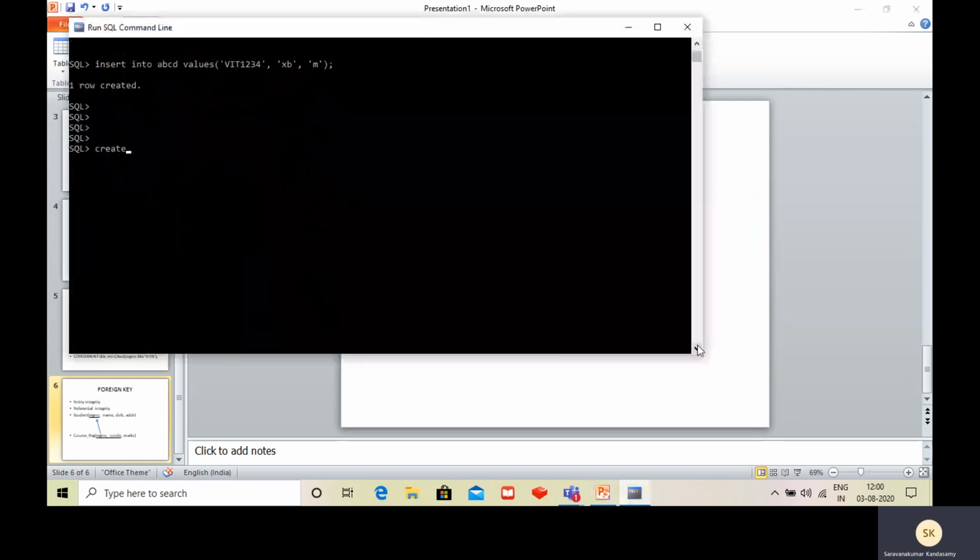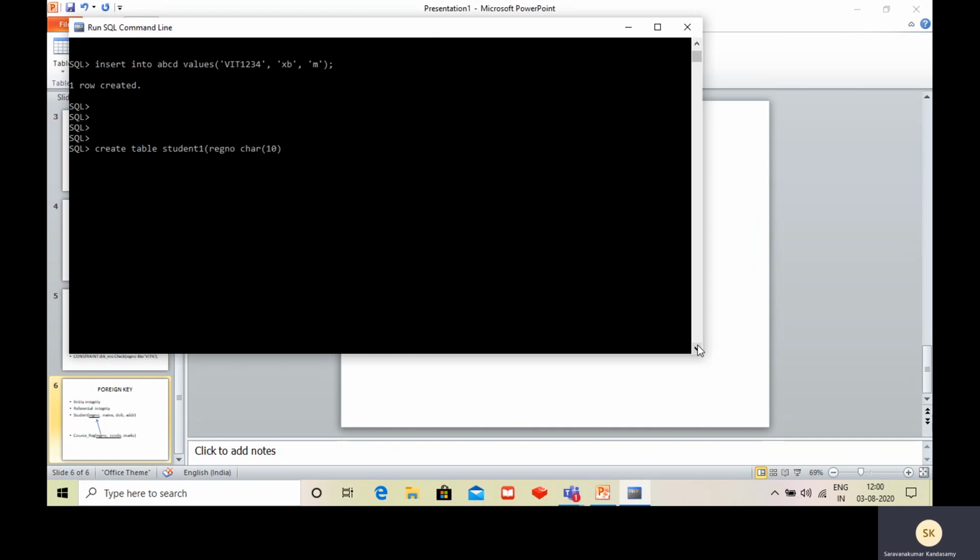Let me create a simple table: create table student1, with register number, character of 10, and it must be a primary key, and name varchar of 20.